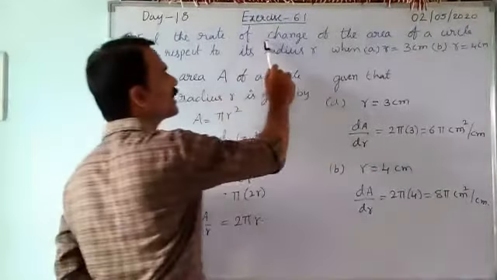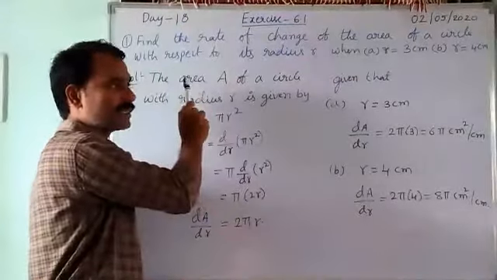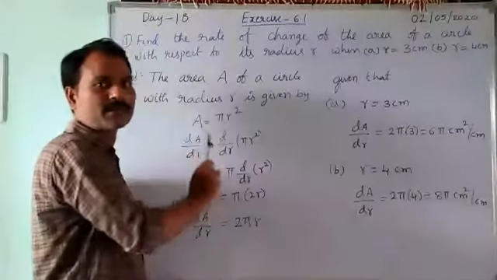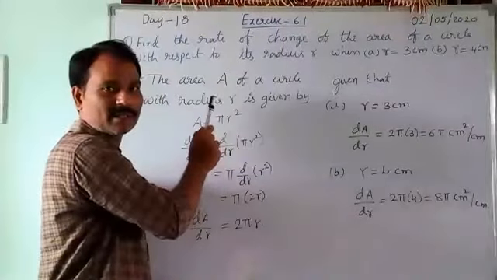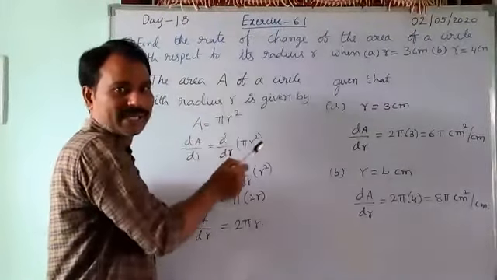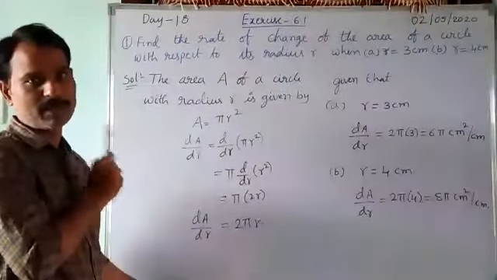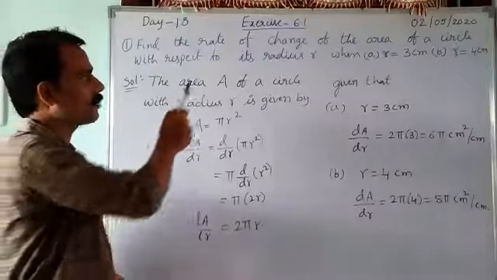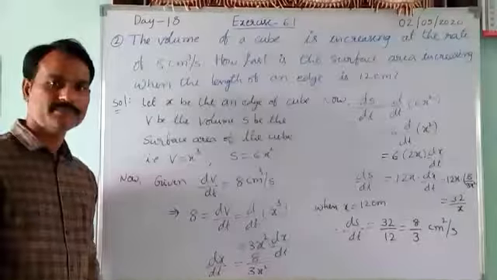Students, the main thing is to understand whether the rate of change of area is with respect to time or with respect to radius, and what is given and what we are going to calculate. This is very important in these problems. These are 3 marks questions, guys. So take care about the questions, and this is the solution.